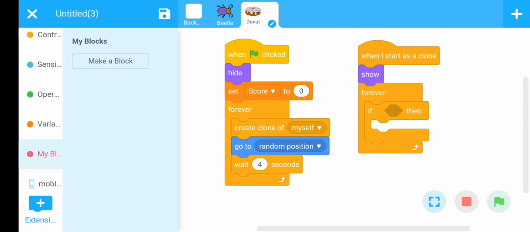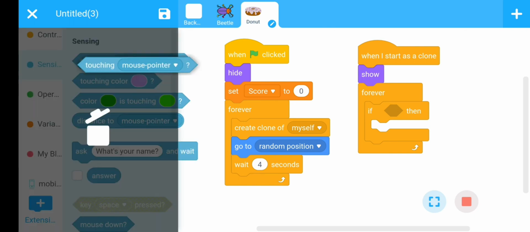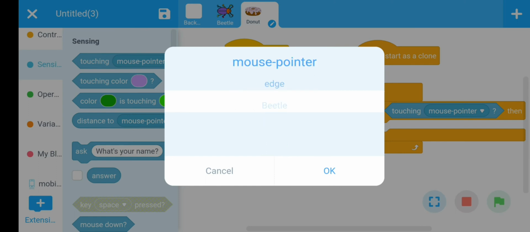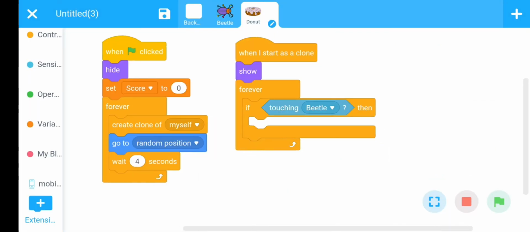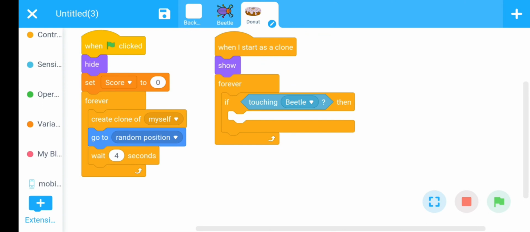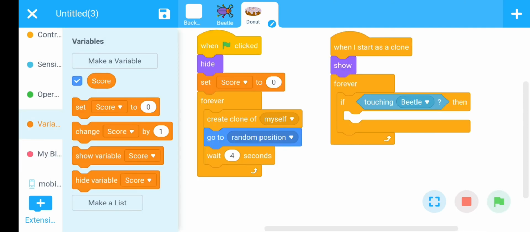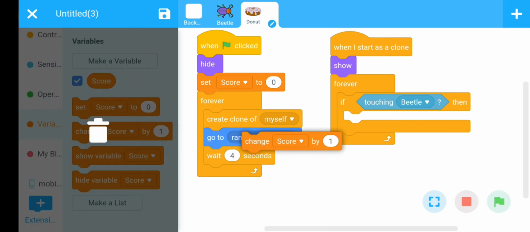Go to sensor section. Touch the mouse pointer command. Replace the mouse pointer with beetle. Okay. Whenever beetle touch the donuts, the score should be increased by 1. Go to variable section. Change the score by 1.